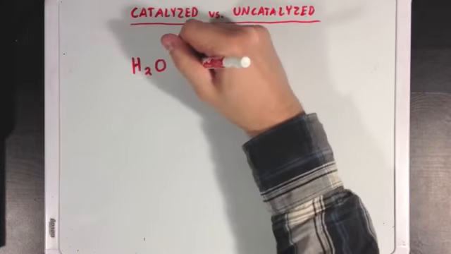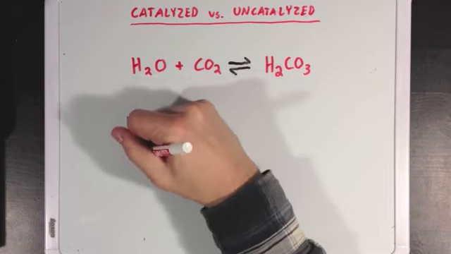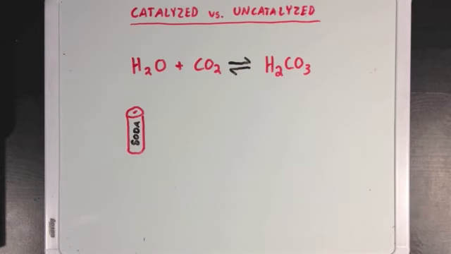So you may be familiar with the reaction where water and carbon dioxide can combine to form carbonic acid. And this is a reversible reaction, so it can go backwards and forwards. Now, when people make soda or any carbonated beverage, they'll start by pumping that soda can full of CO2. And while some of that CO2 will dissolve in the water in the can, the soda making companies are able to get a lot more CO2 in the water by using this reaction. You know, the abundant CO2 will react with the water to form some carbonic acid in the can.